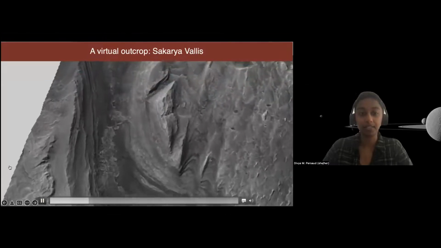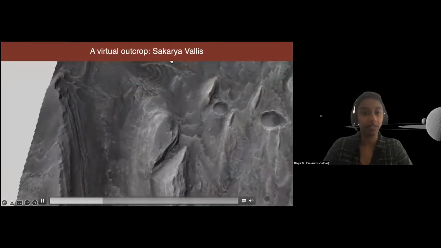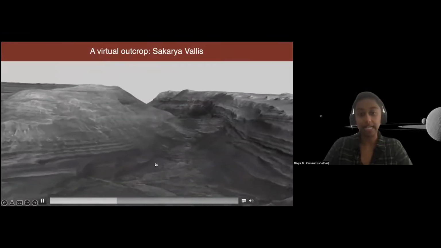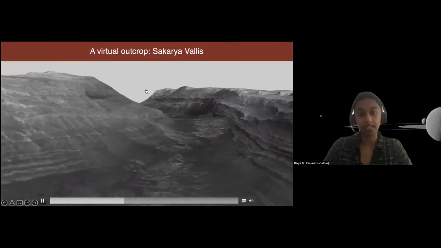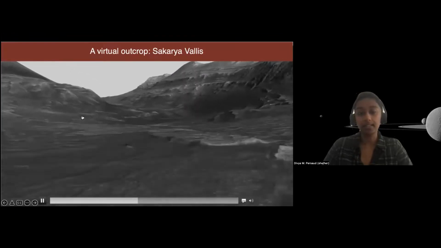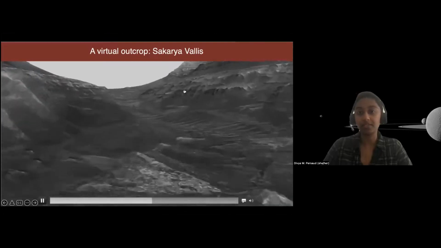It's an incredible exposure of loads of these rock layers. Even if you don't know about geology, it's really cool. But basically, we're looking back in time. We're looking at most recent down to who knows when this was. These layers are exposed in 3D. You can actually see the shape of them.